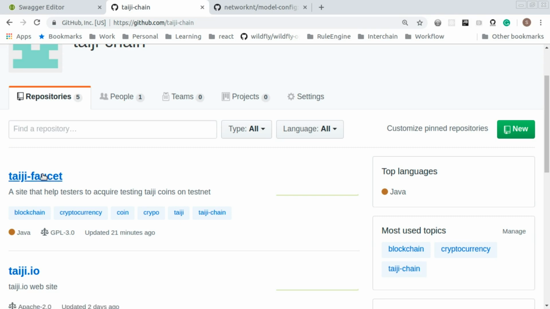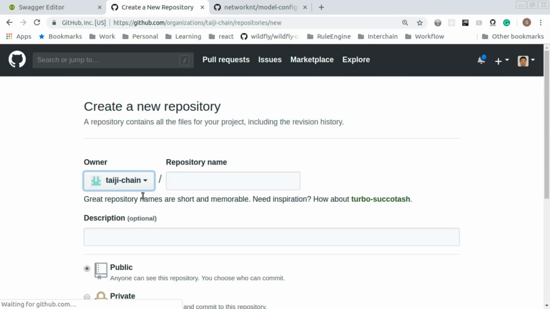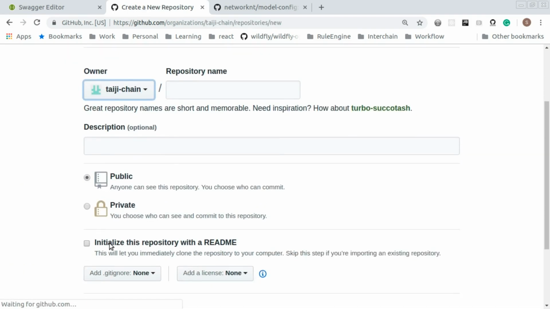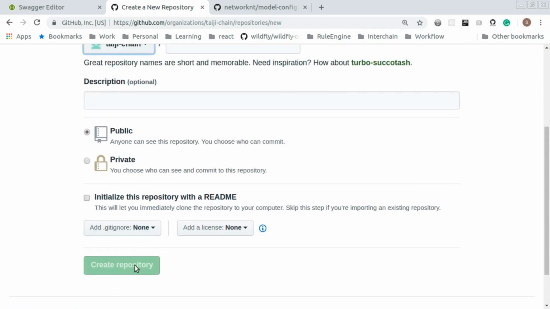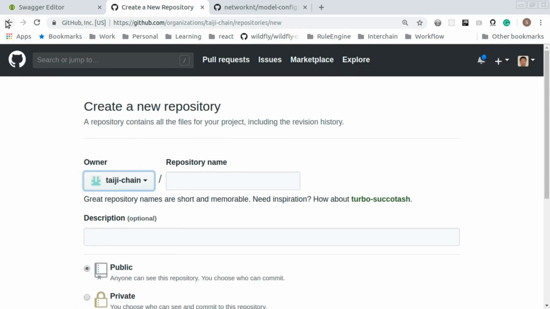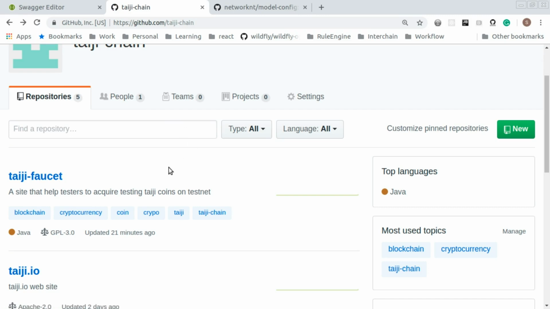So once you have the repository created, you can select the repository name, public or private, whatever, and you can have a README, and you can select a license, whatever. Once you create this repository, you can check out this empty repository to your local. So the next step,